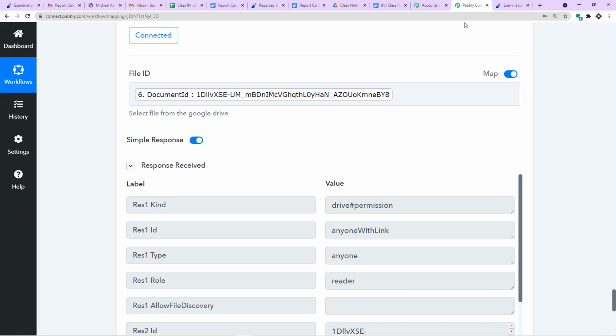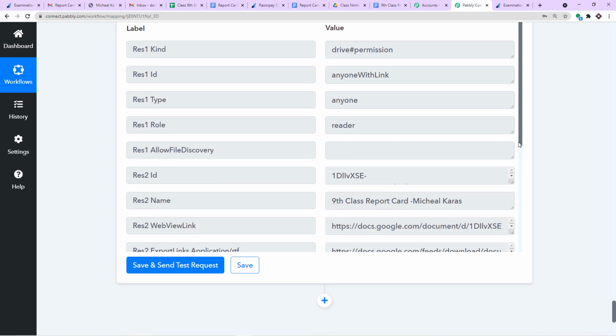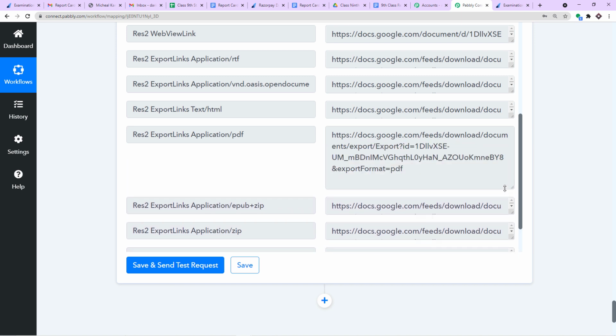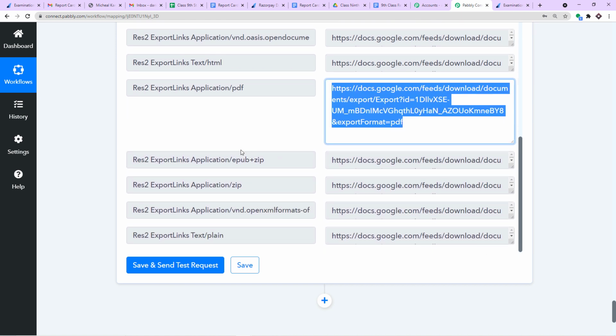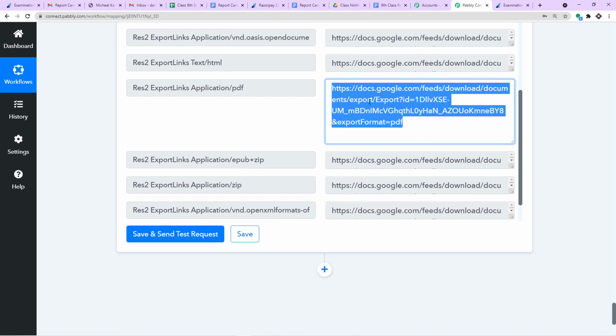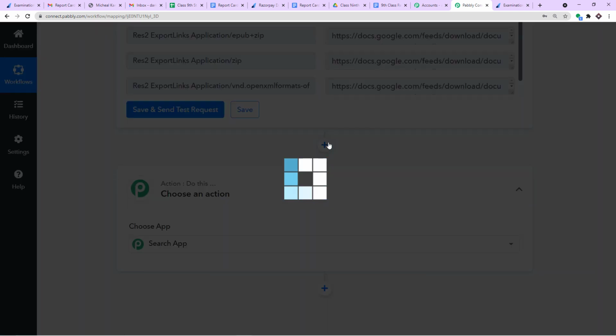What we are going to do here is share this particular document as a PDF on email. So let me introduce email. As you can see, we have a ton of options by which you can share this document. One of them is PDF. We can send it as PDF, HTML, a zip, or just simple plain text, but we prefer PDF. So what's next? We are entering the final stage, that is we are going to send this document via Gmail. So let me introduce Gmail. I promise you this is the final and last action window.